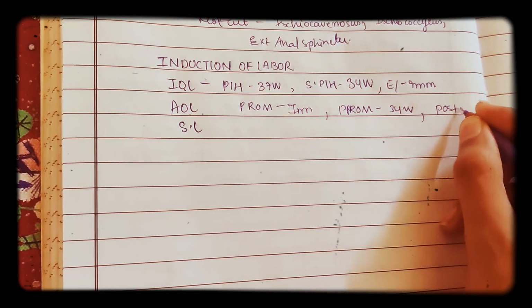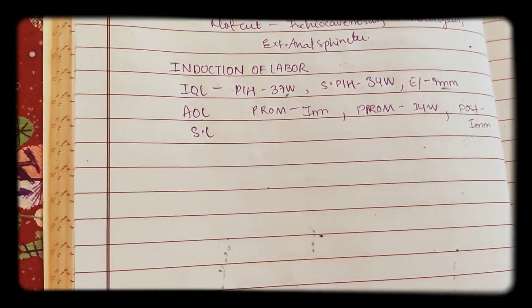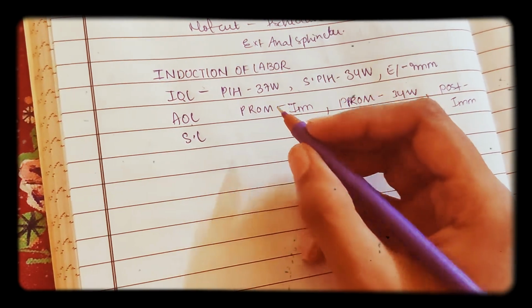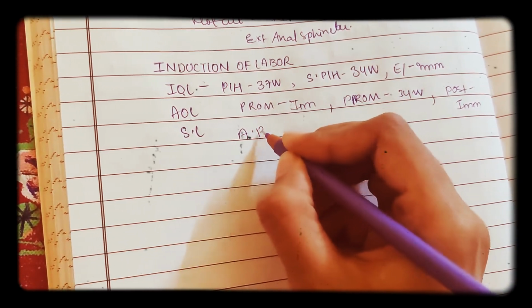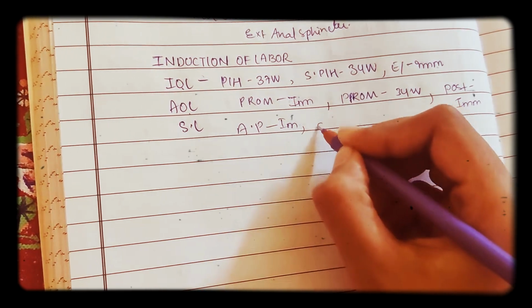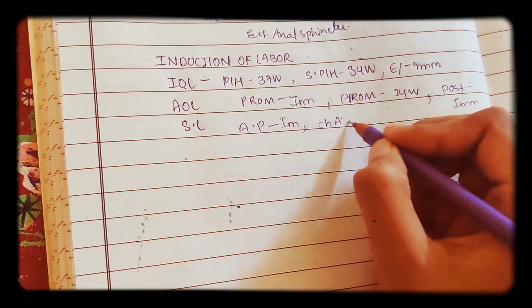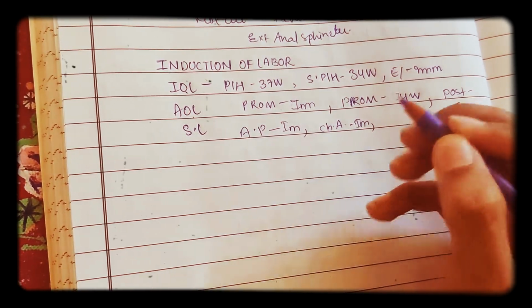Okay. Next coming to post-term labor. Here you induce the labor immediately, because it is already so late. Post-term means greater than 42 weeks. Coming to abruptio placenta, the placenta has already abrupted, so here also immediately. And in the case of chorioamnionitis, the amniotic fluid is already inflamed, so here also immediately. So all the severe conditions, immediately.